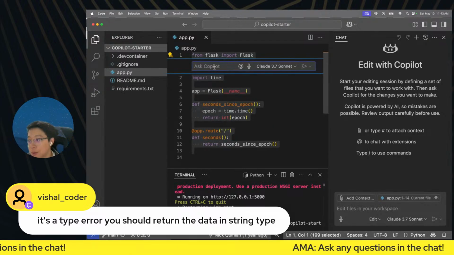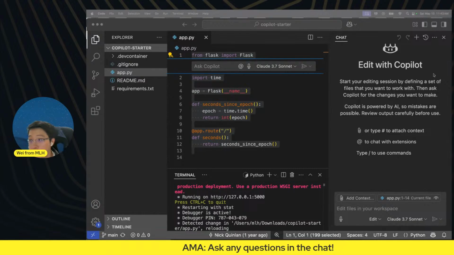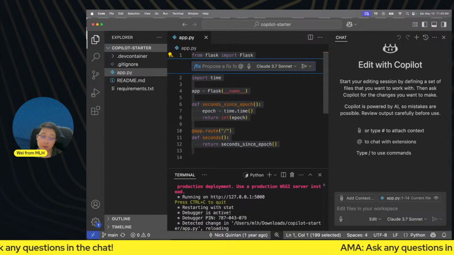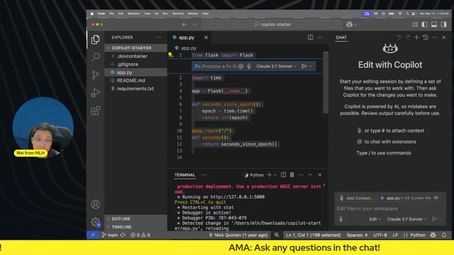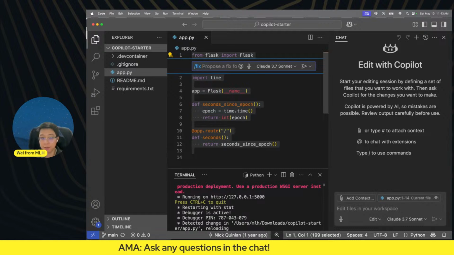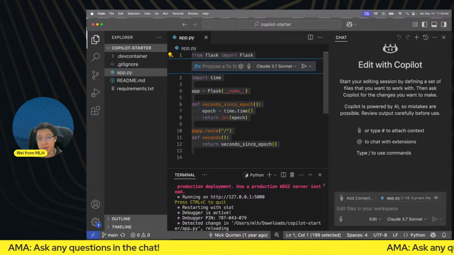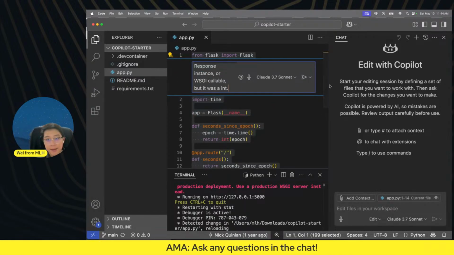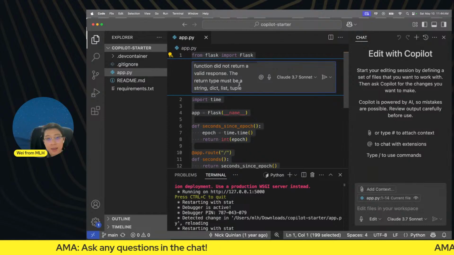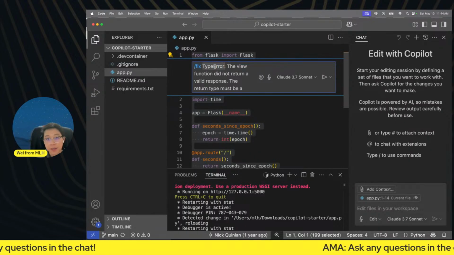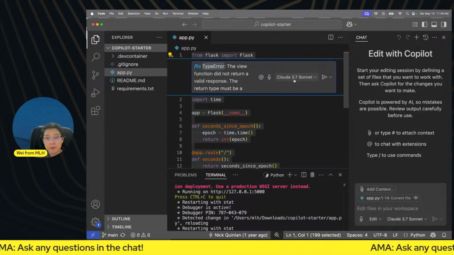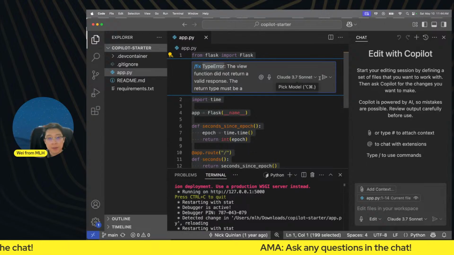And we can use the / command, which is /fix, okay? /fix. And of course, you can just type in /fix, and the AI can look through the code, see if there are any errors, and fix it. But if you're a kind human, like I sometimes am, I would like to help it a little bit by pasting the error message. This way, AI knows a little bit about what issues you're facing to better assist you. And I'm going to keep Claude 3.7 Sonnet as my model and just hit go.